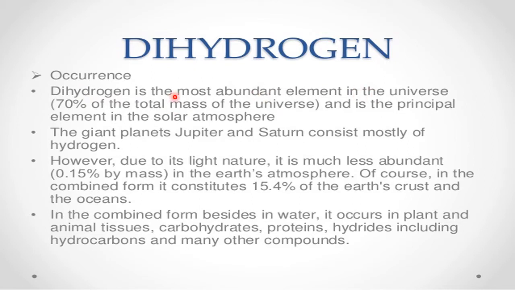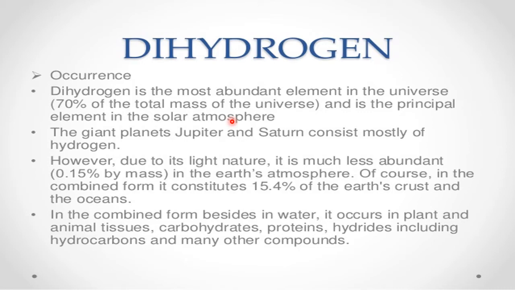Just now we discussed it. It is the principal element in the solar atmosphere. It is because of hydrogen converting to other forms that we get an enormous amount of energy. All this we study under the chapter nuclear fusion. There an enormous amount of energy is given out. That's why the sun always keeps giving energy. All stars shine because of the continuous conversion of hydrogen to other forms, thereby giving out enormous energy.